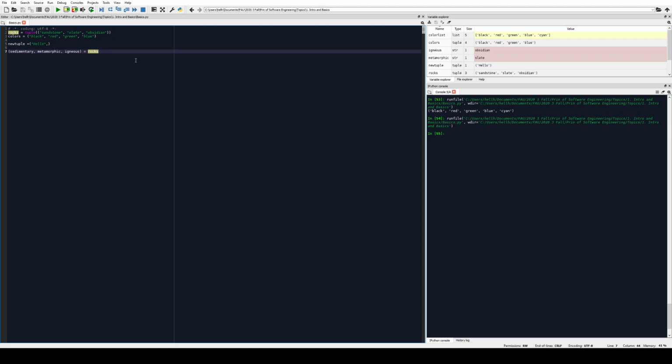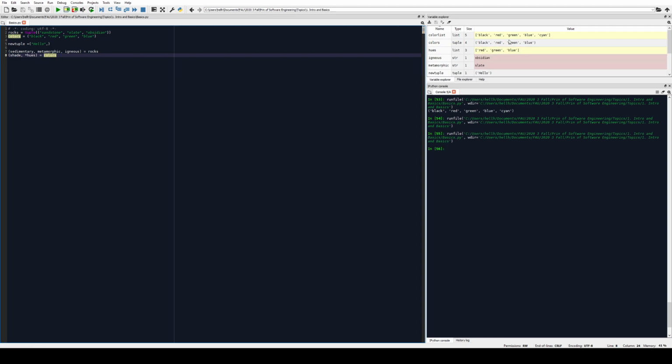If you want to unpack tuples into a list, let's say we wanted to unpack colors, and you say to yourself, well, black is really a shade, but everything else are hues. We use the asterisk. And otherwise, it's the same as unpacking it before. We'll run that, and we'll see shade is set to black, and hues is set to the list